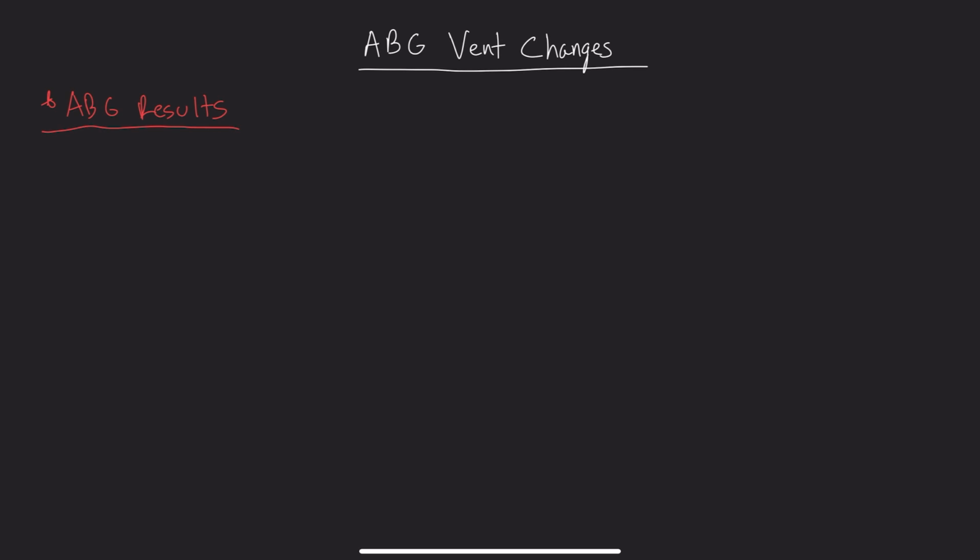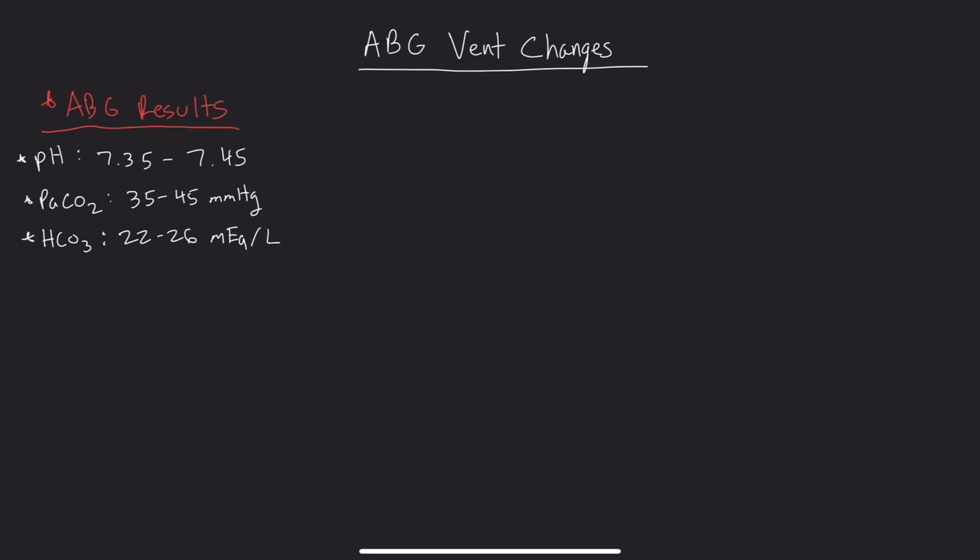Okay, so when you send off an ABG, you're going to get a handful of results here. The first one you're going to get is a pH value, and this is going to be normal value 7.35 to 7.45. You're also going to get a partial pressure of carbon dioxide, which is going to be 35 to 45 millimeters of mercury. You will also get a bicarb result. Bicarb is going to be 22 to 26